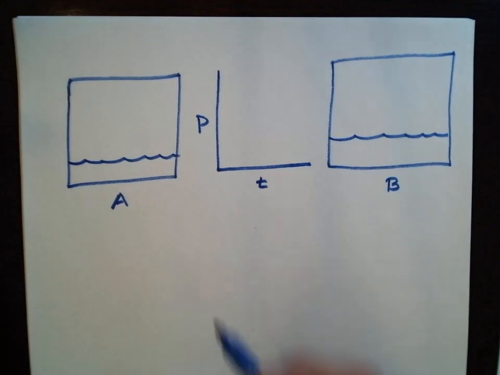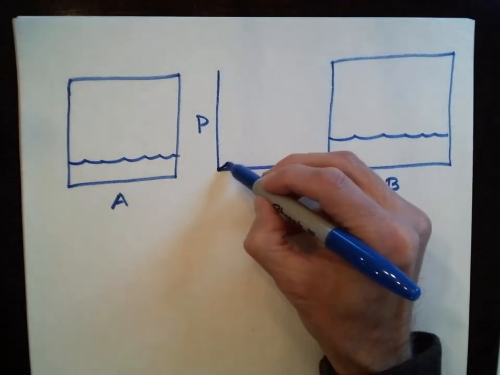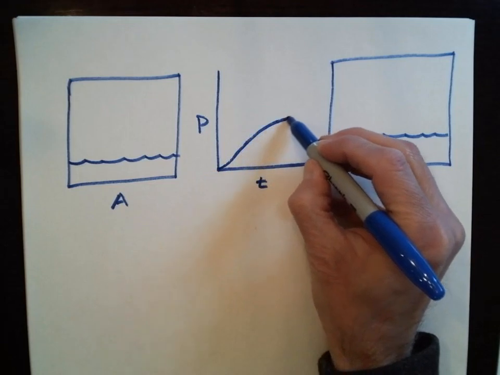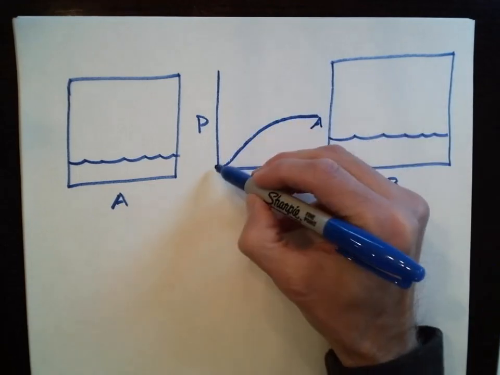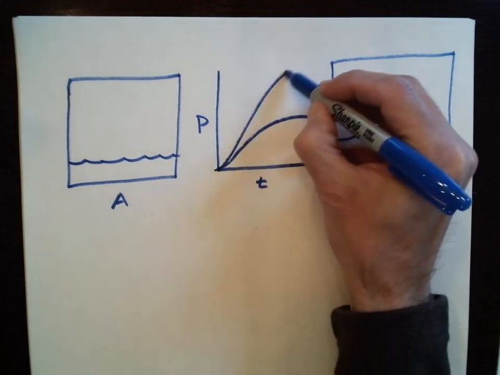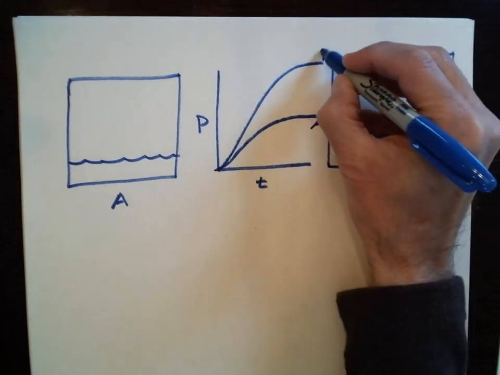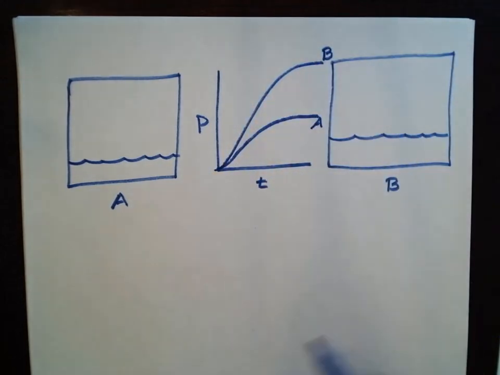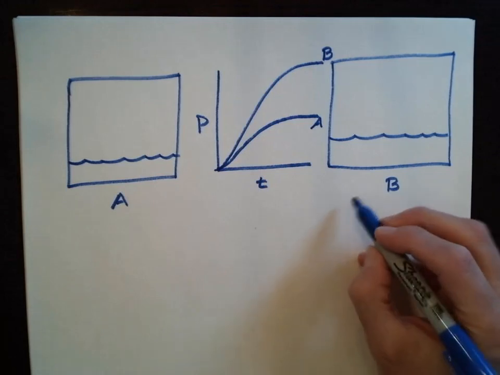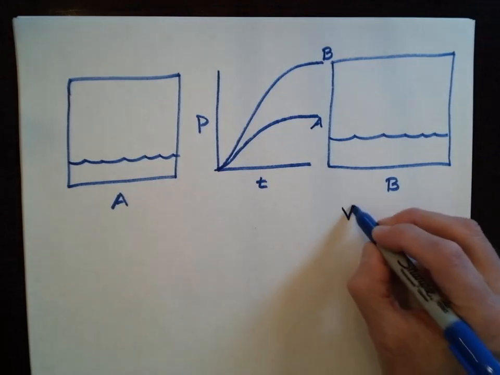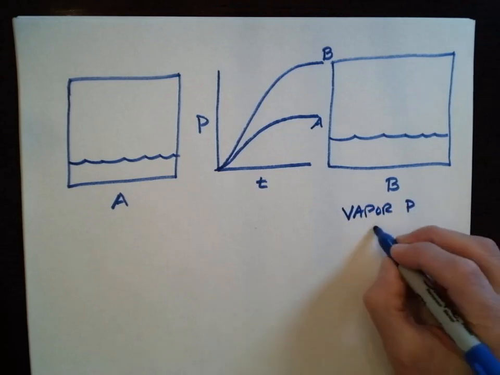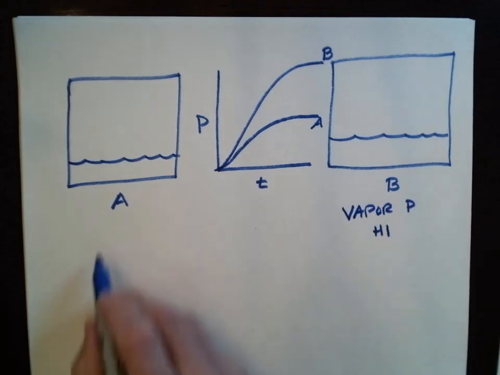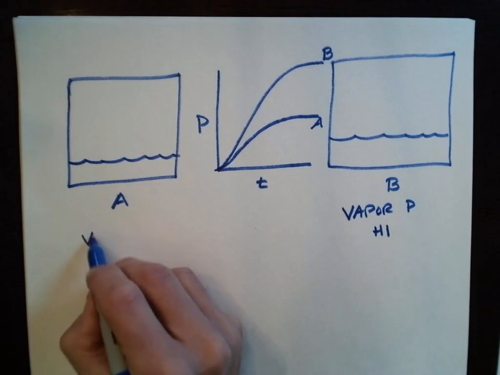And what we see with liquid A is we see a vapor pressure build up like this. So this would be the trace for liquid A. And for liquid B, we're going to see a trace that looks like this. So we see that liquid B has a greater vapor pressure. So this has a vapor pressure that's high, and liquid A has a vapor pressure